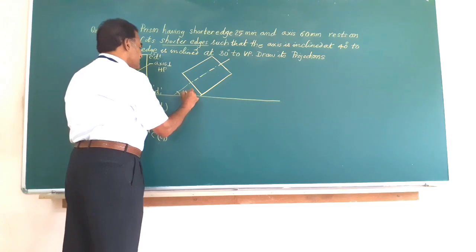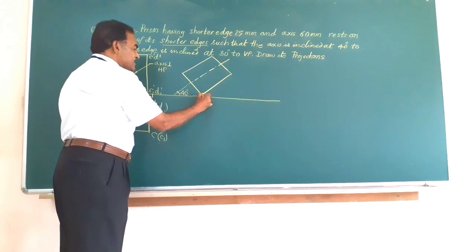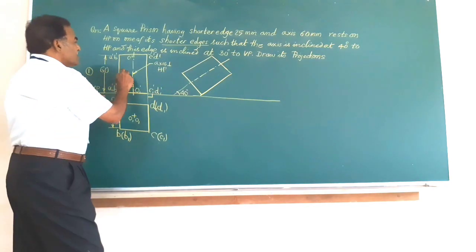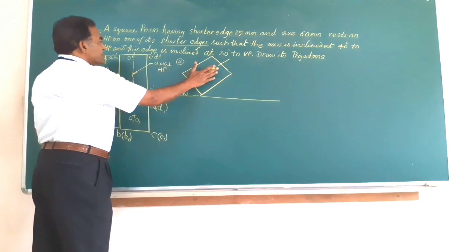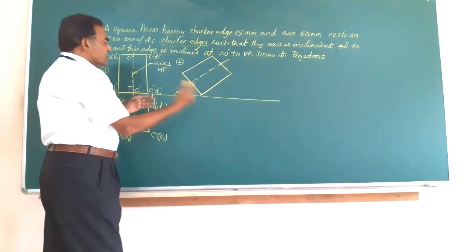So you can just ask me how to construct this figure. You know very well, one of the corners should touch this, and you have this. So figure number 1 is redrawn here as figure number 2. Figure number 2 and figure number 1 will have the same dimension. Let me mark all this. So how to construct this?